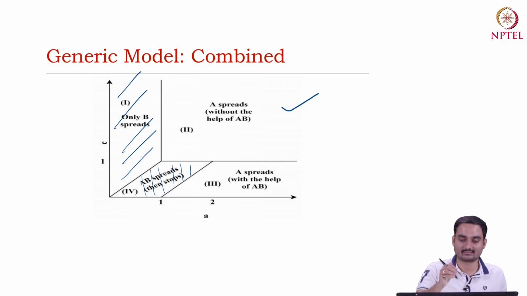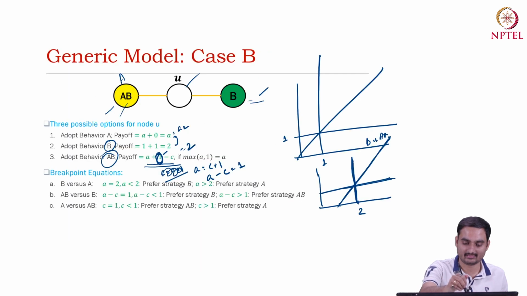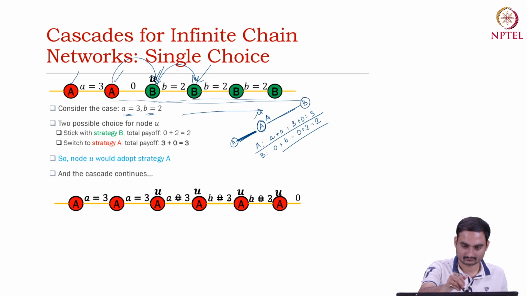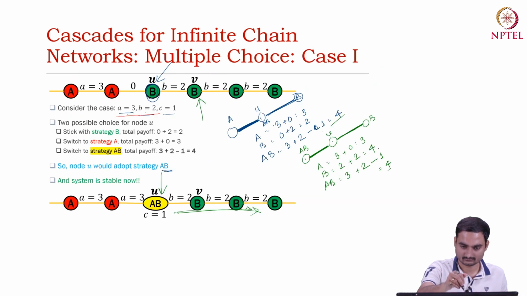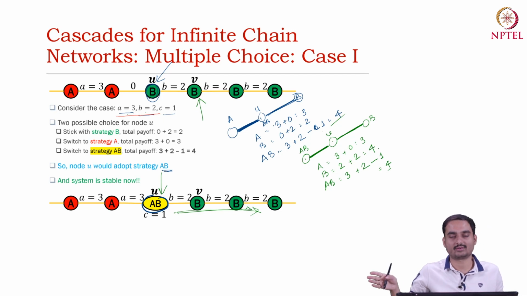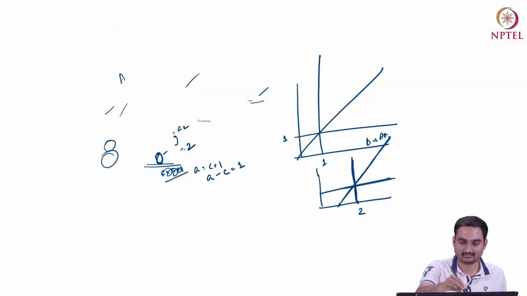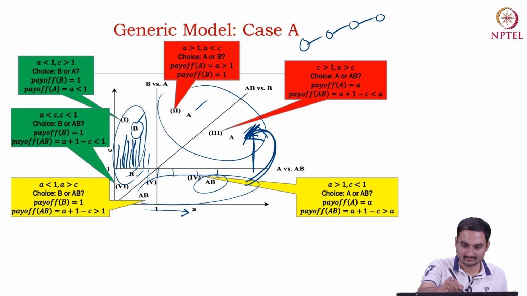I hope you remember last lecture we had this kind of setting, where U has switched from B to AB, but then AB has not moved further. And these kinds of regions are described